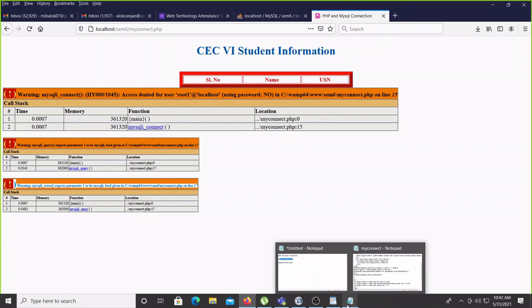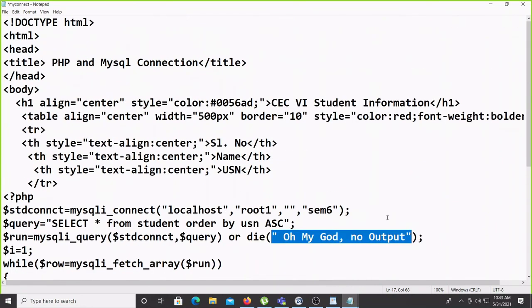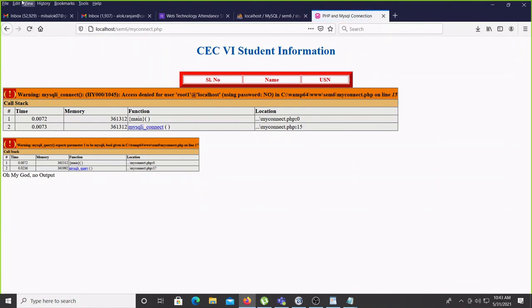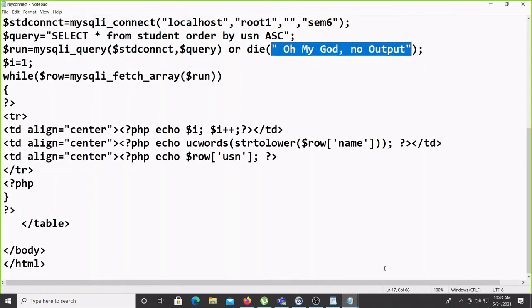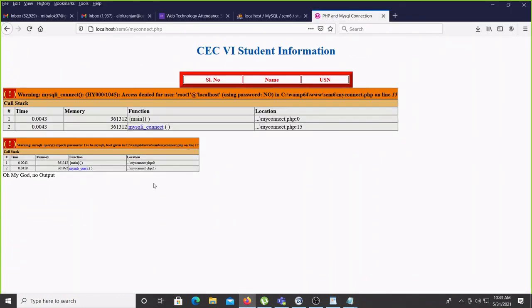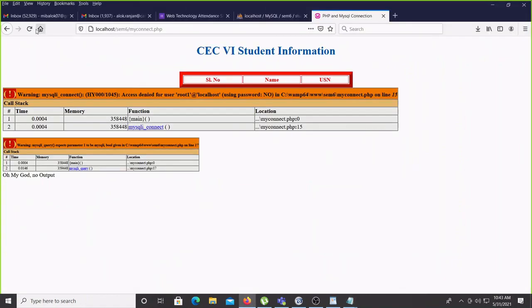So depends, if you want to display user defined again, because these are the developer's mind, how he is utilizing the concepts. Okay, so this way you can. Now no error is there, all value will come in the proper way. 1 minute. Yes, control S and refresh. What is the mistake again? Yes, mistake is still this. Again I have to change, not root1, root. Yes, now the value will come.